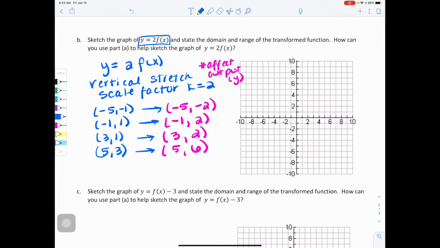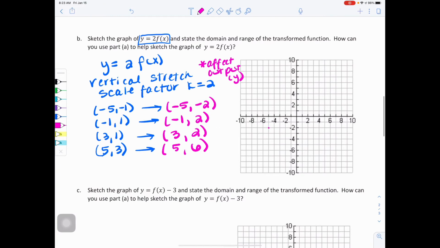So now we can go to the graph and plot those critical points, -5, -2, -1, 2, 3, 2, and 5, 6. And then we will connect them in the same way they were originally connected. And you can see what we've done is we've taken and vertically stretched it. So if I grabbed this on the top and the bottom and I pulled in both directions, we vertically stretched